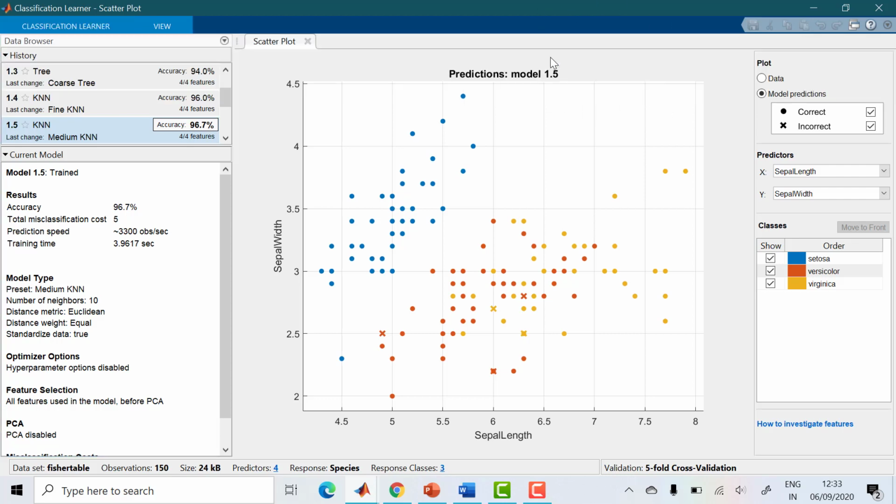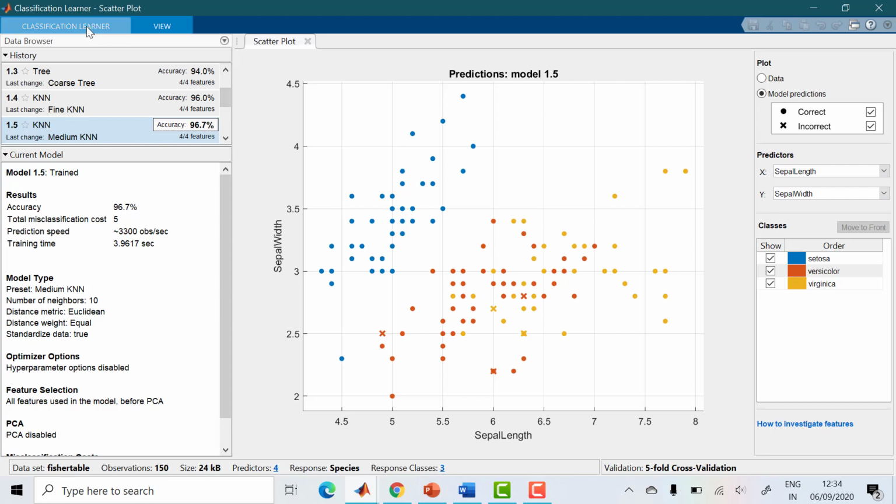So click the scatter plot. Now you can see where it is scattered, sepal width versus sepal length. Okay, so all these cross marks, can you see the cross marks are incorrect model predictions. All these dots are correct predictions. You can see this Virginica is predicted wrongly 2 times, and this color is orange. The cross mark shows the incorrect. You can see on the right side: correct is dot, incorrect is cross. And based on the color, you can see which is going wrong.